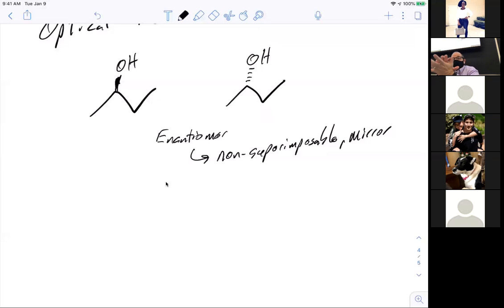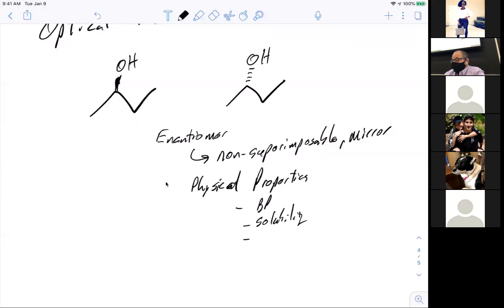So they're not superimposable mirror images of each other. As far as their physical properties, they're almost all the same, right? So if we look at the boiling point, solubility, melting point,